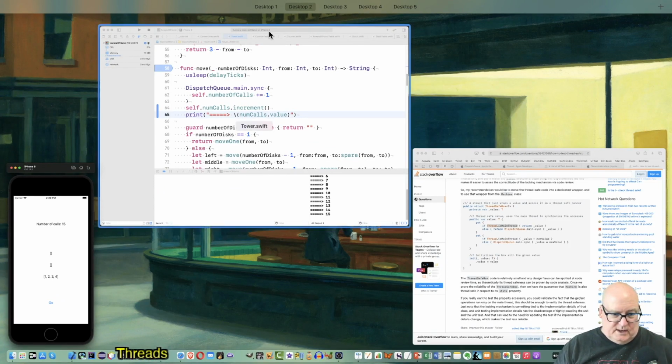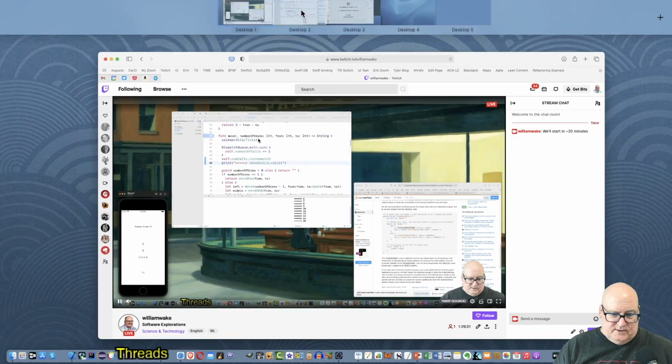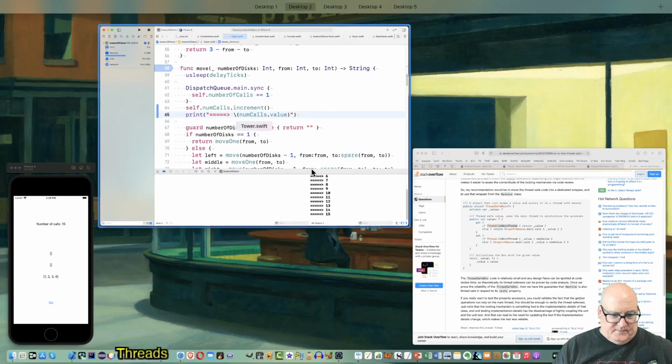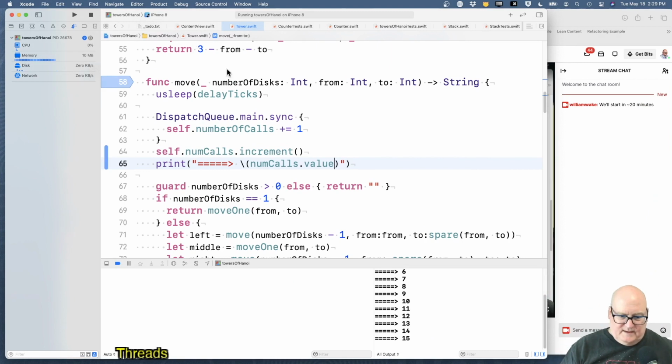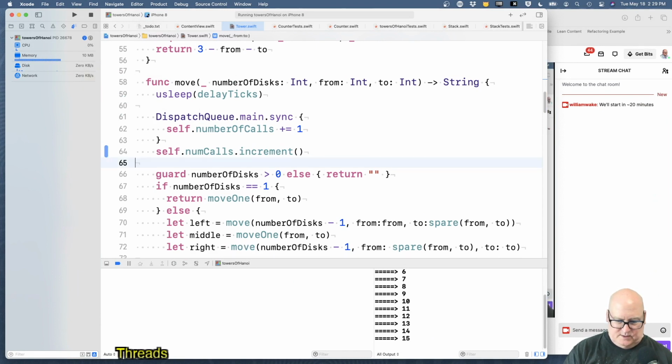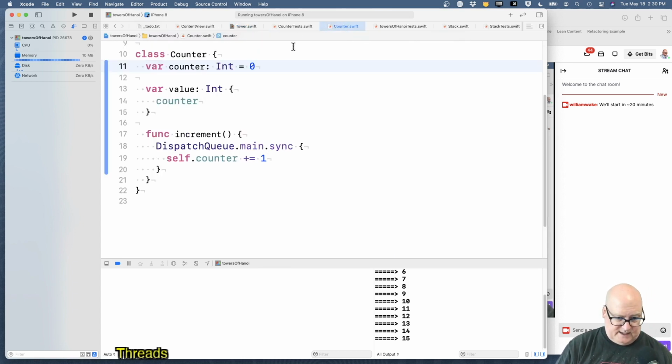Why are you over here? You're supposed to be over here. All right. So where we are is we've got these two counters that are operating in parallel as we wanted. The second counter no longer requires its caller to do the synchronization. It does it itself. All right, now I think the step I want to take,